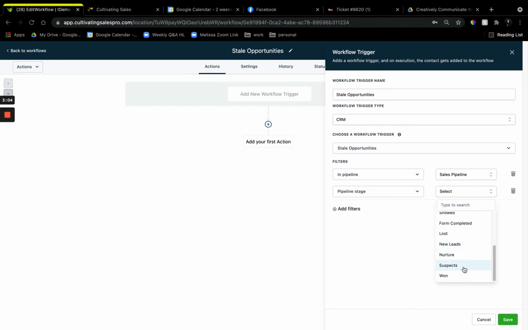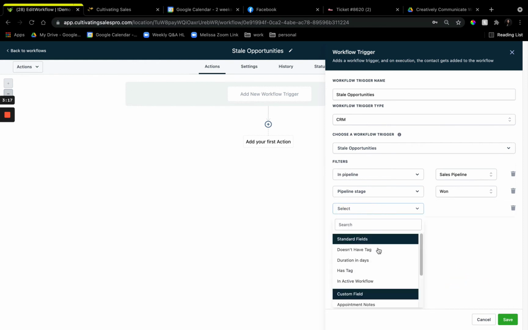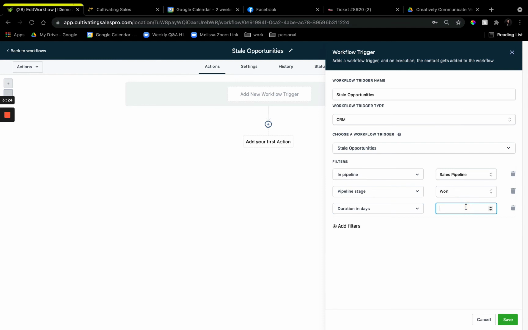So in this case, it was going to be won. Why is it won and not form completed? Because we're trying to get them to move to that form completed spot from being won. So if they sit in this won stage, and then we're going to add another filter. There's a couple different things that you can use, but most importantly, it'll be duration in days. And let's say that we're going to wait 5 days. If after 5 days, they're still in this won spot because they haven't filled out that form for me, which will move them to that form completed stage,